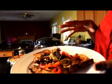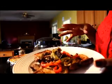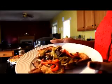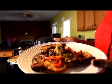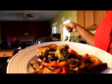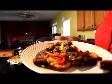This is peppered pork chops. You could have it with mashed potatoes, white rice, yellow rice, beans and rice, with vegetables, whatever you want. But this is basically how I make my pork chops. I call it peppered pork chops, and it's that simple using the Nuwave oven. If you do not have a Nuwave oven, I suggest that you get it, because it cooks really fast and